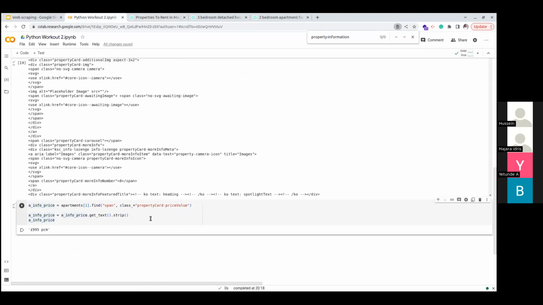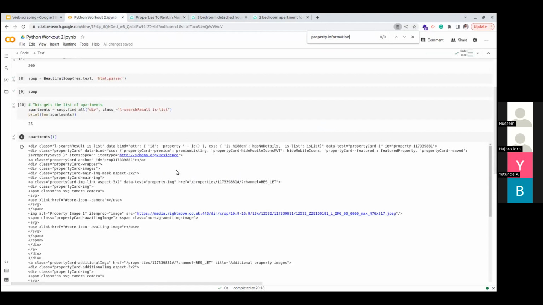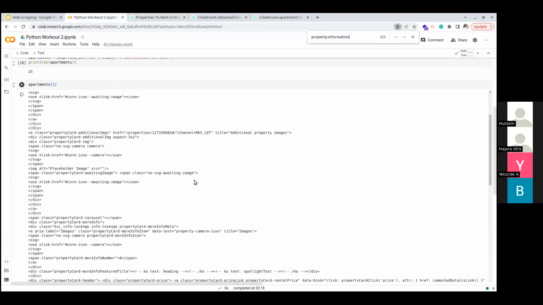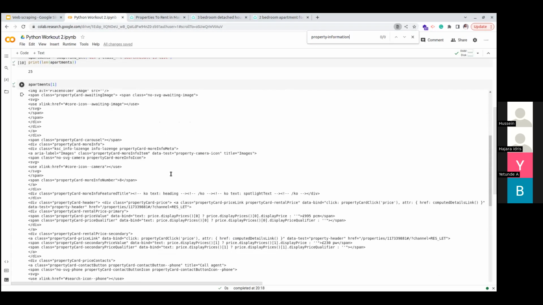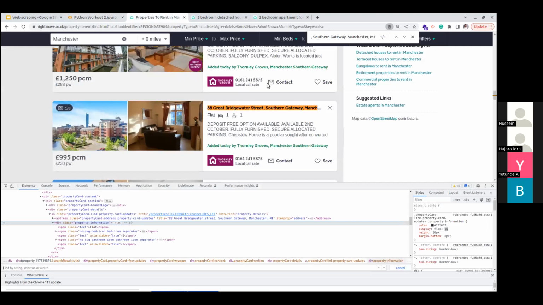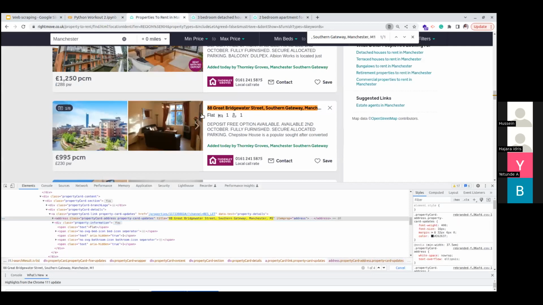So what's the house address again? What's the house address again? Sorry, I'm trying to find it. Here it is. So let's check. So it's still this one, but